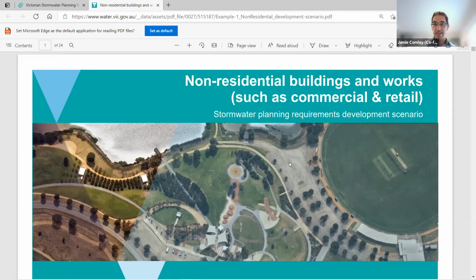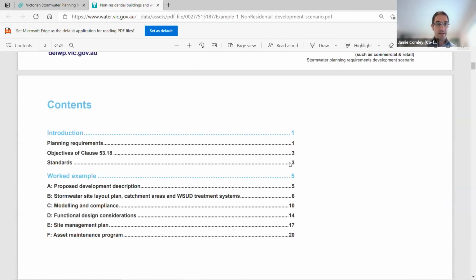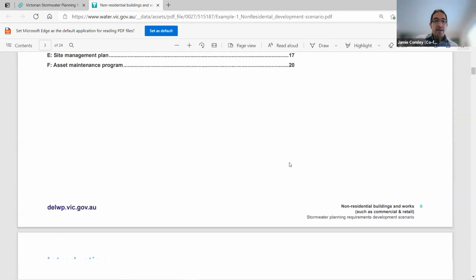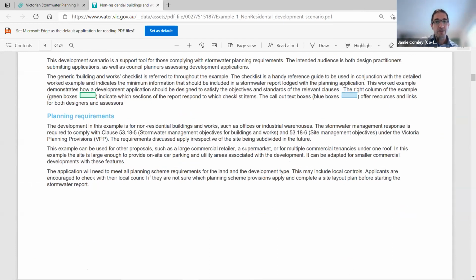So I'll just expand that a little bit too. Hopefully everyone can see that okay. So just scrolling down through this. In essence, this has been developed to show, I guess, the minimum information that should be included when lodging a stormwater report as part of a planning application. In this instance, this one responds to clause 53.18,